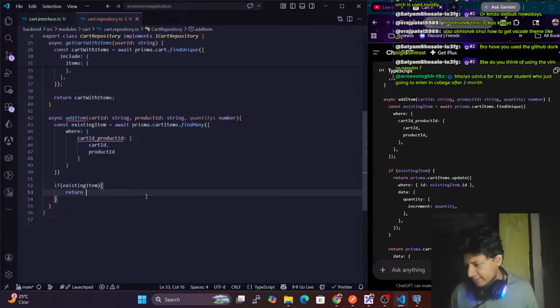Arnav Singh, Bhaiya, advice for first year student who is just going to enter college after 2 months. Okay, so my advice to a student who is going into college in the next 2 months, I will suggest that